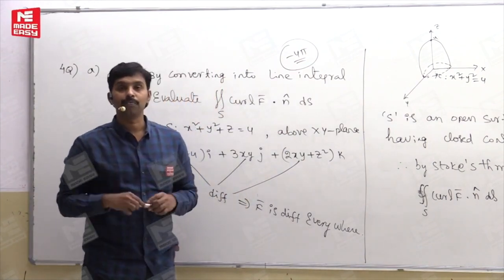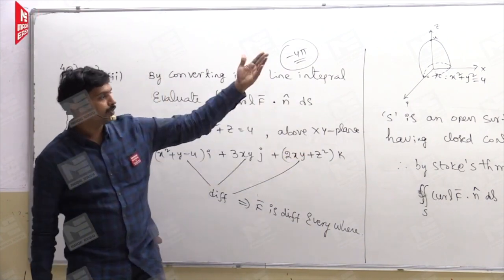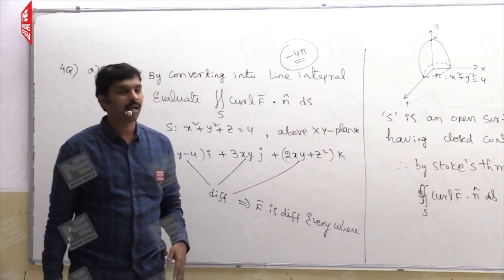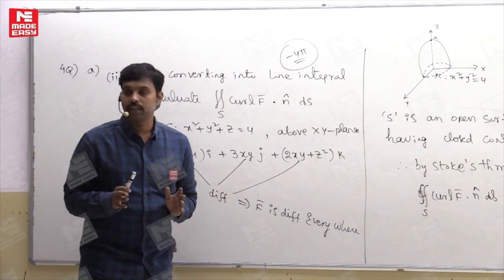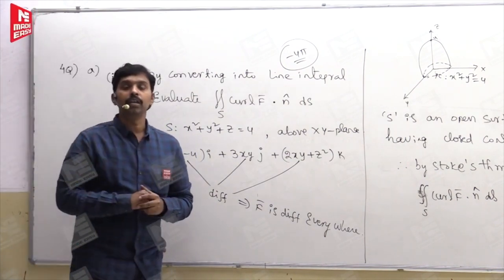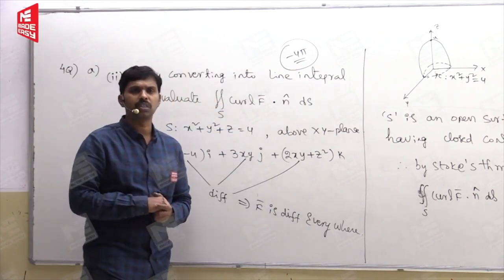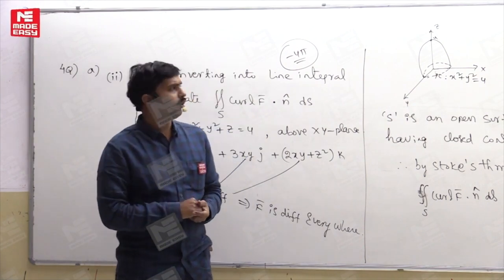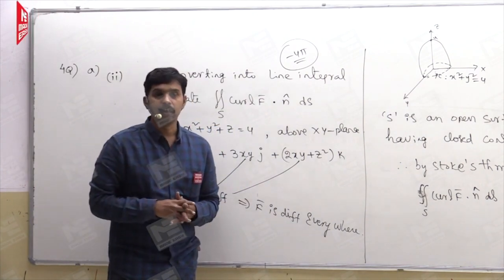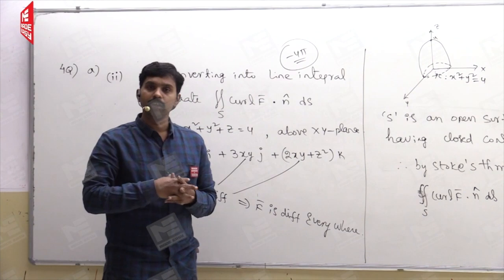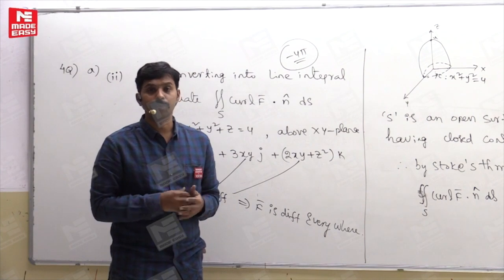So using the Stokes theorem, we are writing the surface integral as a line integral, and we are able to find out the line integral with the help of parameterizing the equation of the contour and all. So these are the complete video solutions for the ESE Mains 2020 for the subject of engineering mathematics. I hope all the students have done very well in the mathematics side. Only the first question might be a different one. It was asked here, but the remaining questions are very similar to questions we have done in the classroom.